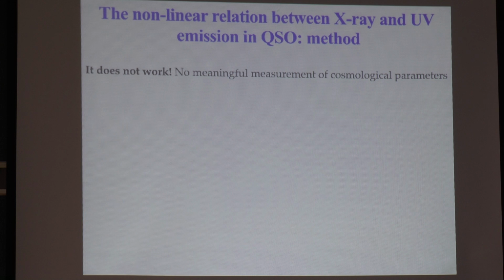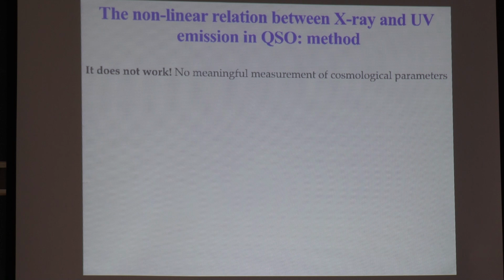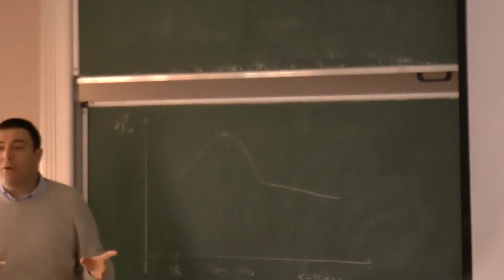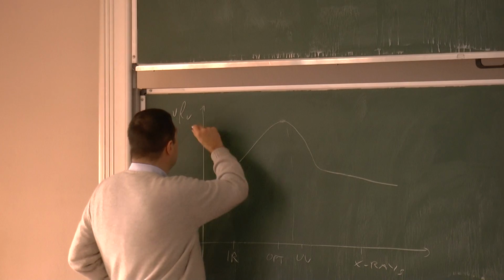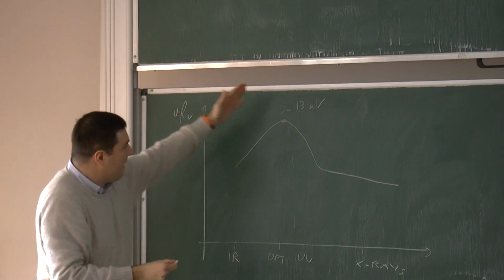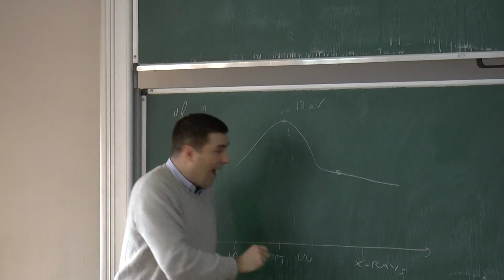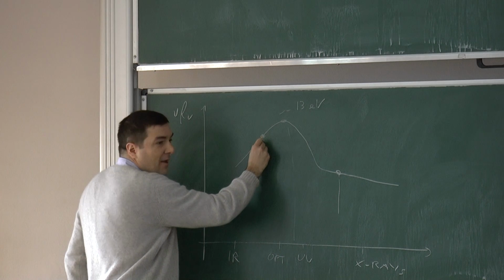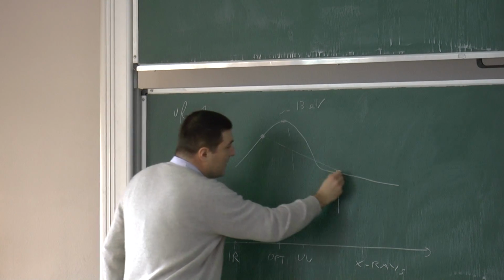If I show you nu F nu for a quasar, let's say I start from here, I have infrared, so a huge range of frequencies. I have optical, UV, and X-rays. The typical spectral energy distribution is something like this. There is a peak which is in the UV, around the hydrogen edge, so in terms of energies at about 13 eV. The 2 keV that we use are around here, and the 2500 angstrom are around here. So we use this, and basically